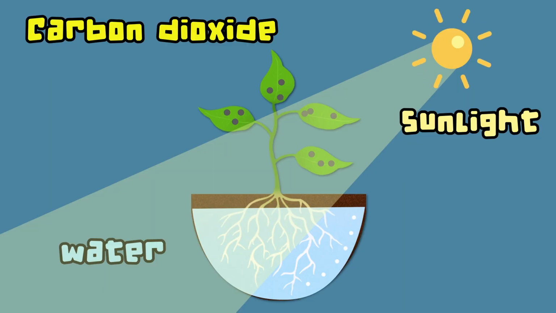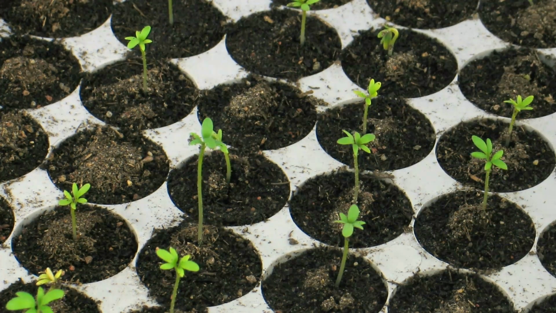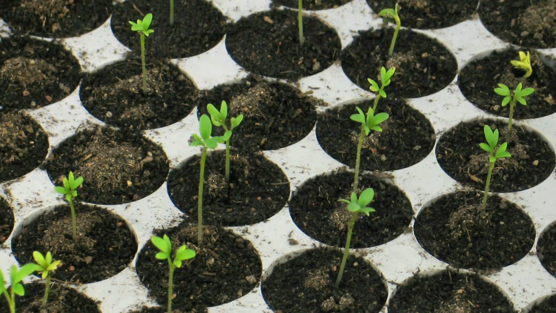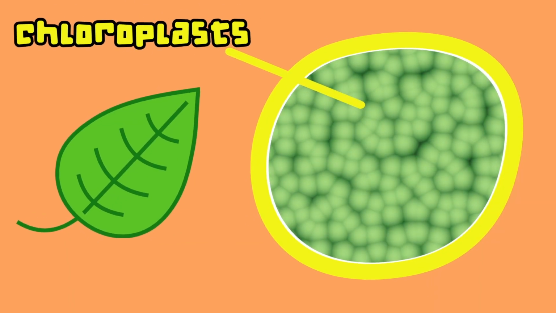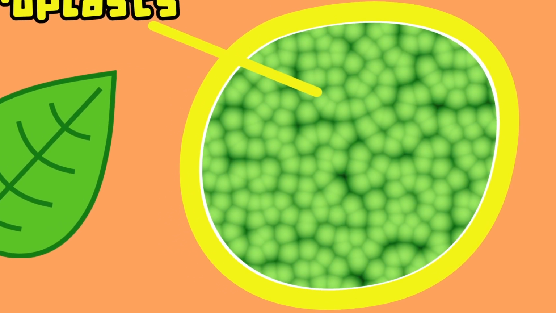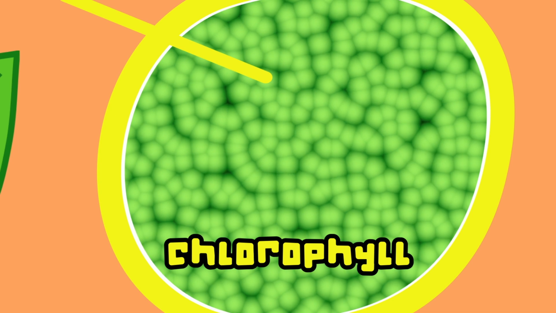Plant leaves capture light. The stem holds the leaves in such a way that they can receive maximum energy from the sunlight. There are cells in the leaves that contain tiny structures called chloroplasts. Once the leaf has caught the sun rays, the chloroplasts produce a green pigment called chlorophyll.